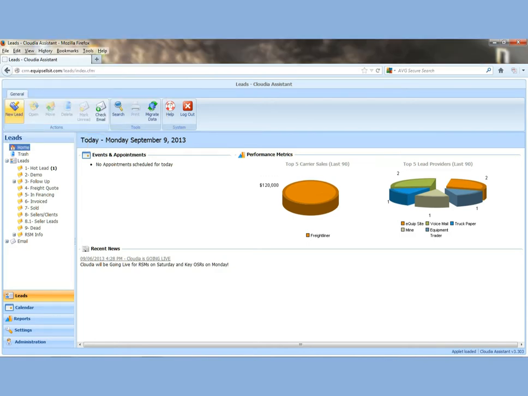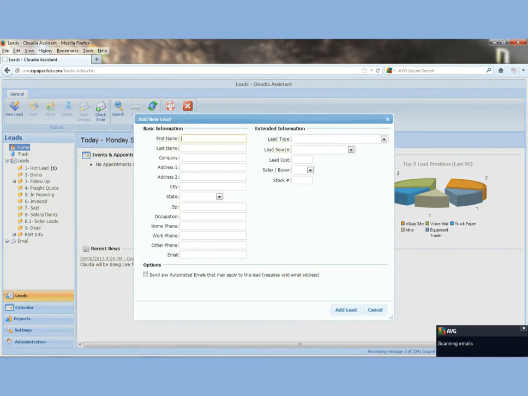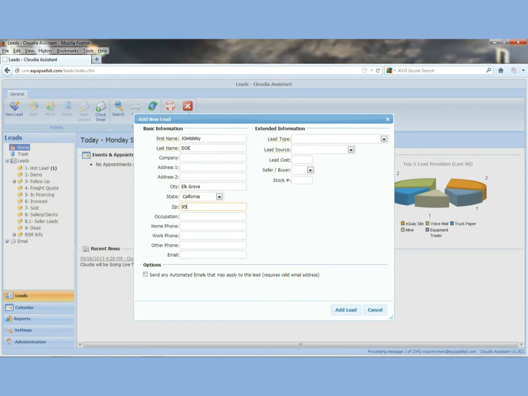First thing we're going to do is create a new lead. You'll come up here to New Lead, left click on New Lead, and that'll open up your lead. A couple fields are required, and that would be your first name, Johnny Doe, and I'm just going to put in a couple brief informations on it. Elk Grove, California, 95624. I'll go ahead and put a mock address in there,